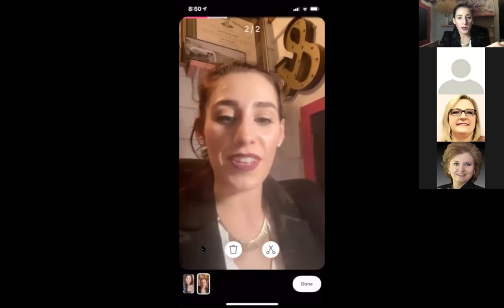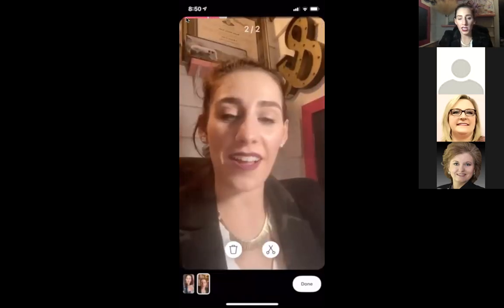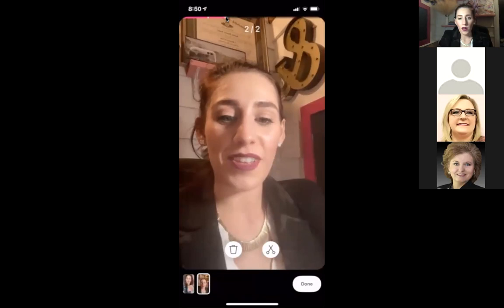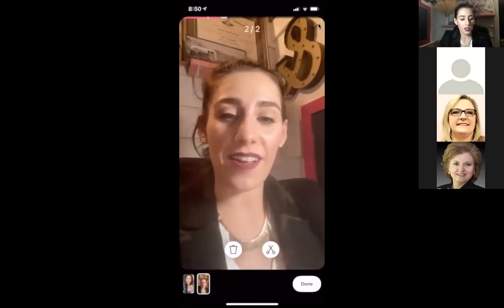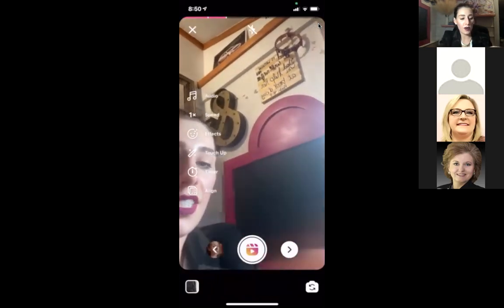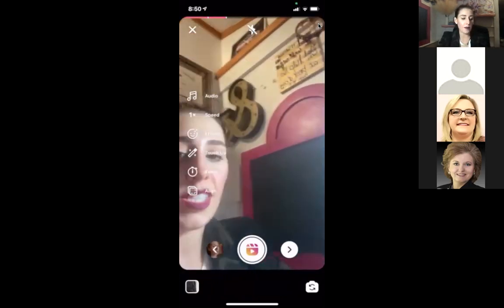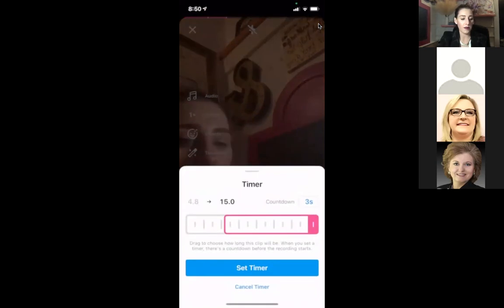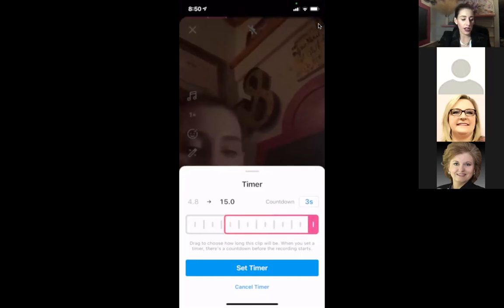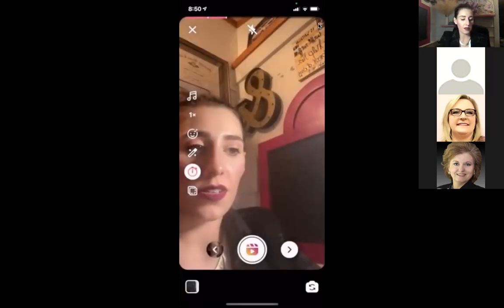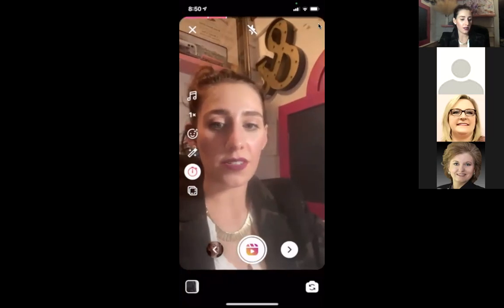Anytime, so at the top, see where that little pink thing is at the top? That's actually showing me how much time I have. So if I hit done on here in the bottom corner, I see that I still have a pretty good amount of time. Now to use this timer, I could hit the timer function and it'll tell me I've got 4.8 out of 15 seconds recorded so far. So I could always set the timer and I could,